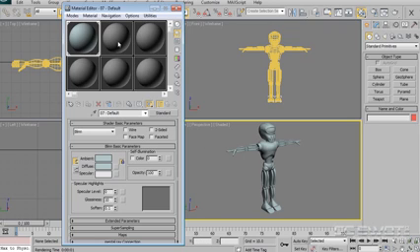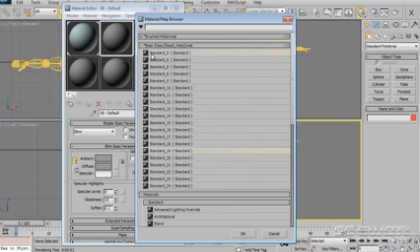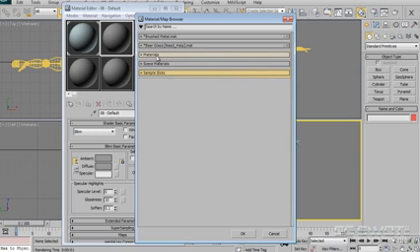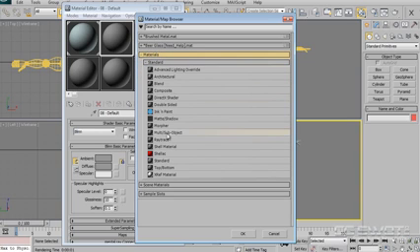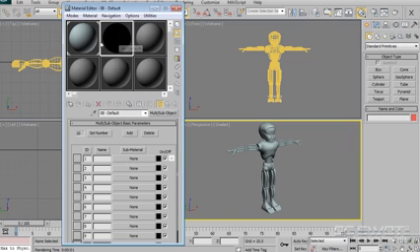So what we're going to do is set up a multi-sub-object material here, and I'm just going to select a new material swatch, click on Standard. This brings up our material map browser, and I'm just going to bring up my materials and select the multi-sub-object. And double click, and it asks if we want to discard, and we want to discard old materials. So we go OK. So here's our fresh multi-sub-object material, and what I'm going to do with that is start to set up